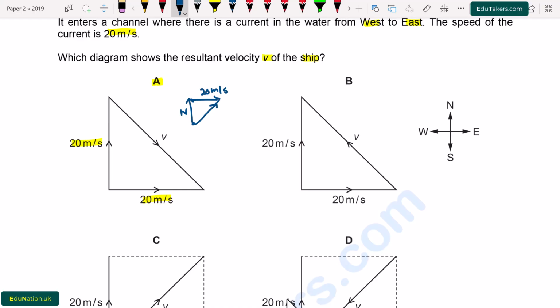In the first diagram, we can see 20 centimeter is given, which is towards north, but the 20 centimeter that is due to the east is not added according to the head to tail rule. So option A is also incorrect. Now we see option B. This is also incorrect because there is no addition according to the head to tail rule. The second vector must be here. So it is also incorrect.